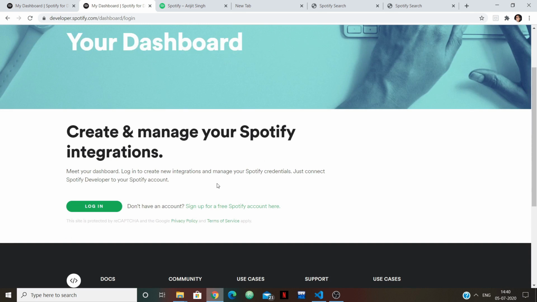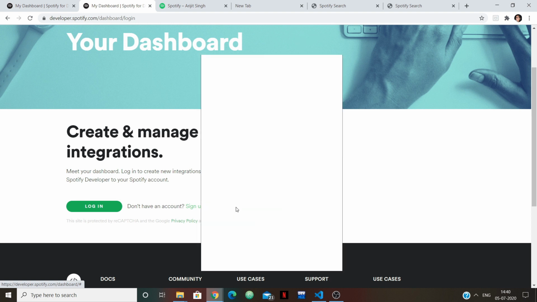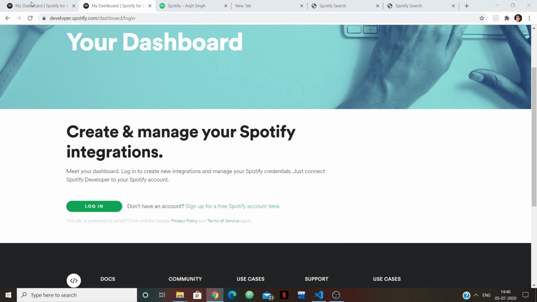So create a free Spotify account for yourself just by clicking on it. Since I have already created my account, I will directly log in to my account.